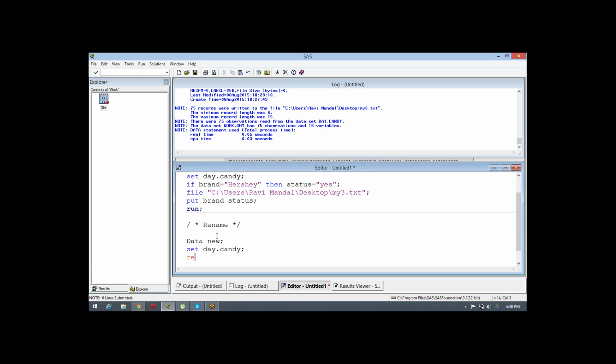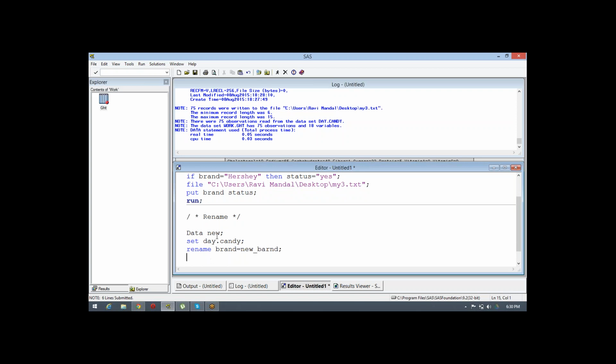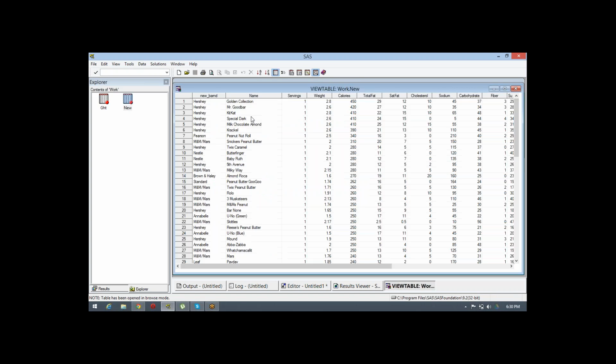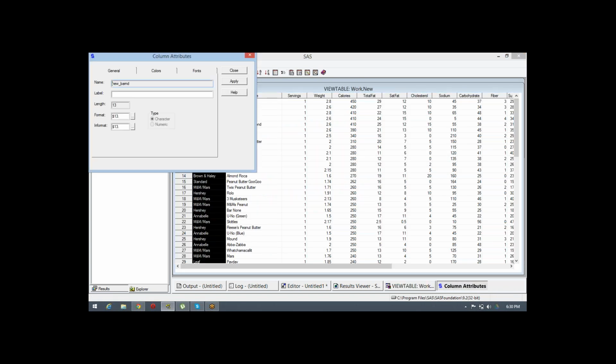I'm using rename for brand equal to new brand. So what will happen? The name of the variable has changed.